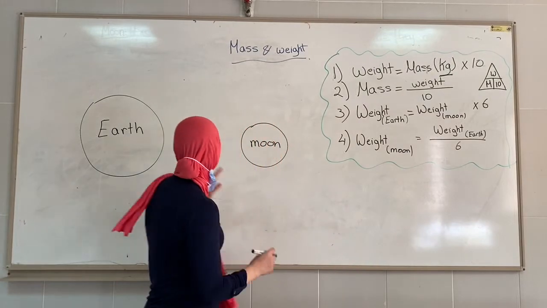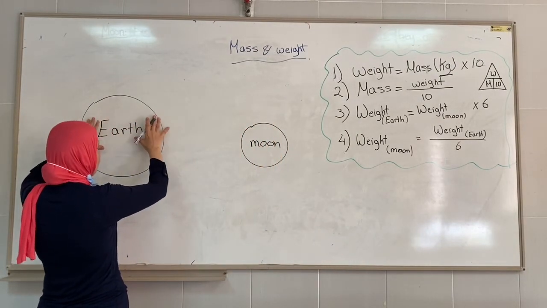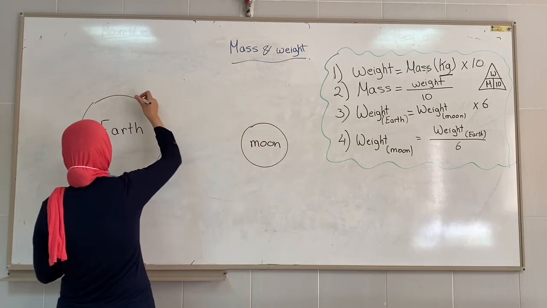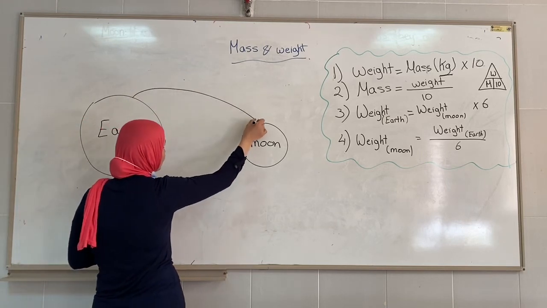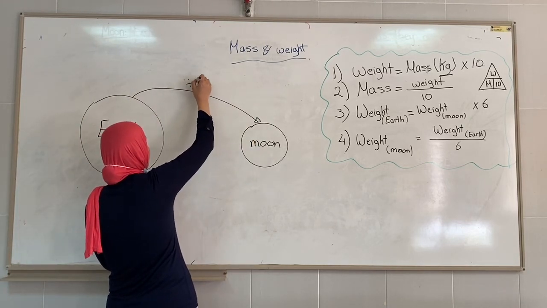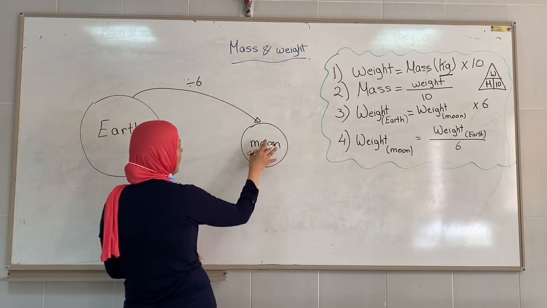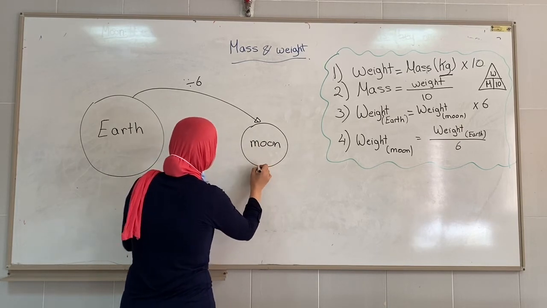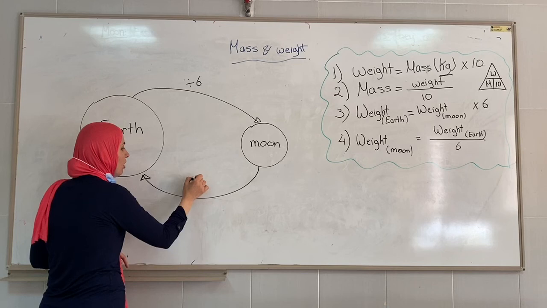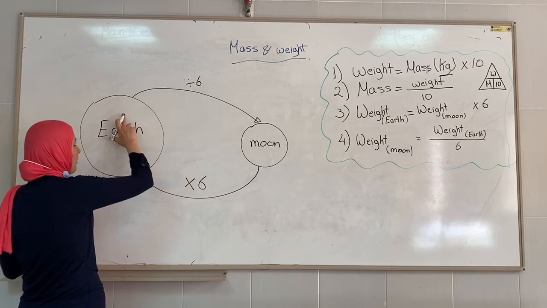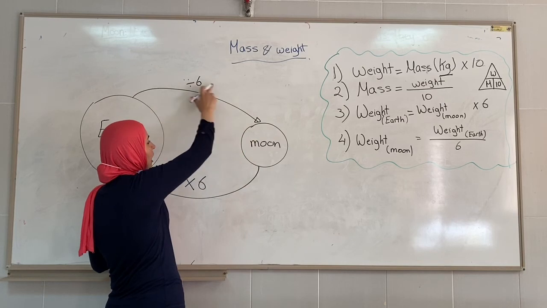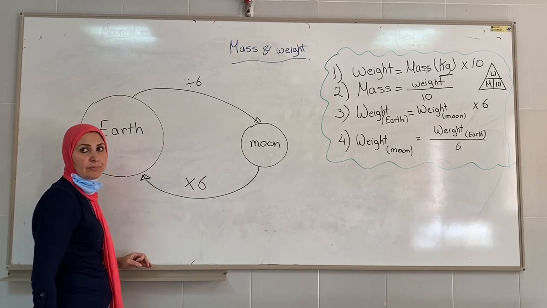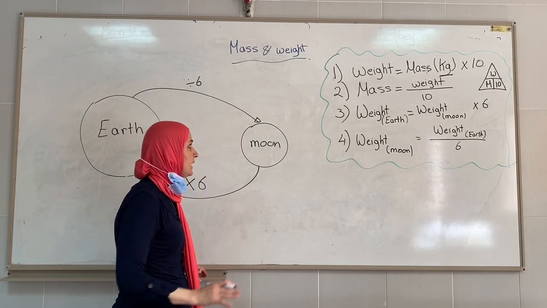So if I have an object on the Earth, this is big, and I want to know the weight on the moon, I'm moving from big to small, so I'm going to divide by 6. While if I'm on the moon and I want the weight on Earth, going to big, it is times 6. Again, from big to small, divide. From small to big, times 6. We are going to solve some problems to see how we are going to